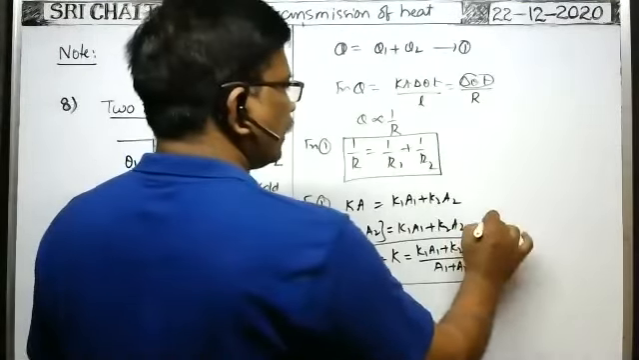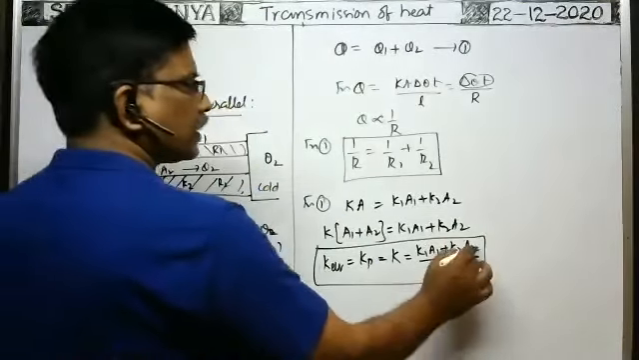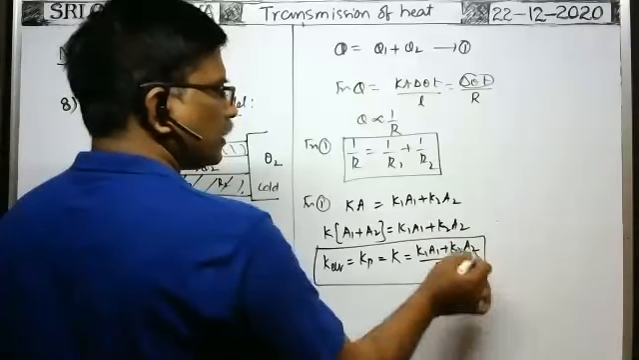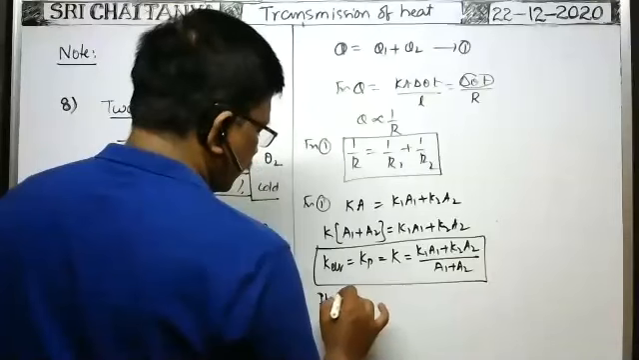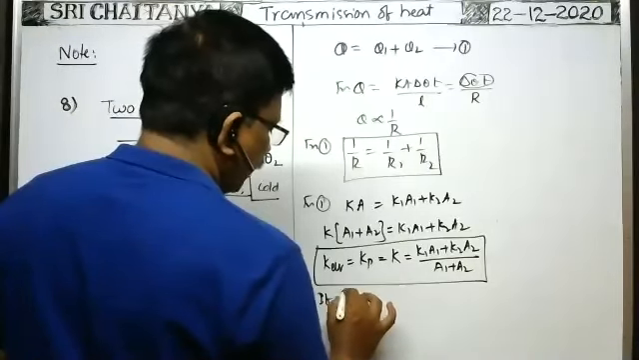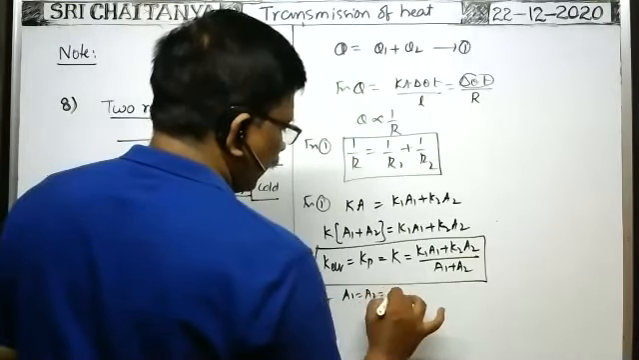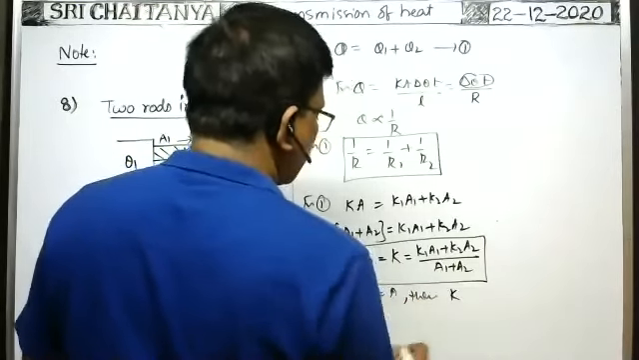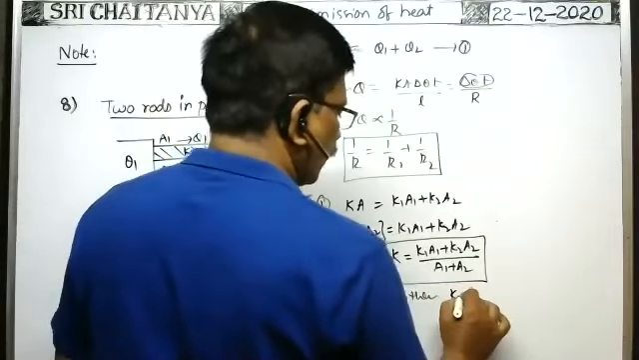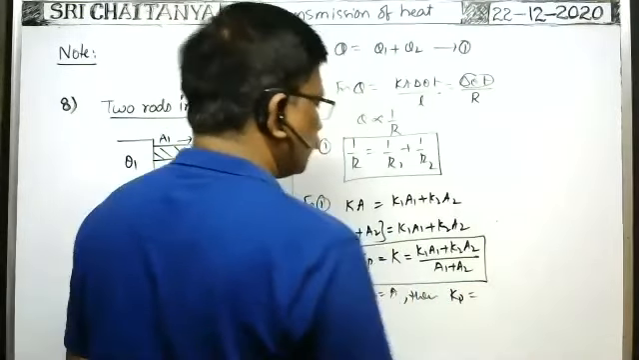If three rods are there, we have to write plus K3 A3 in the numerator and A1 plus A2 plus A3 in the denominator. If the areas of cross section are the same for both rods, if A1 is equal to A2 is equal to A, then the effective coefficient of thermal conductivity Kp, or K effective, or K parallel, is equal to